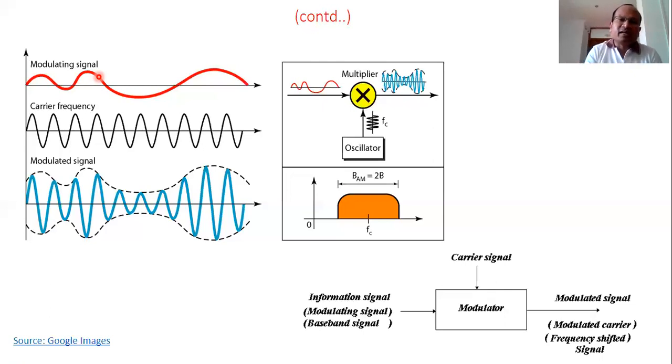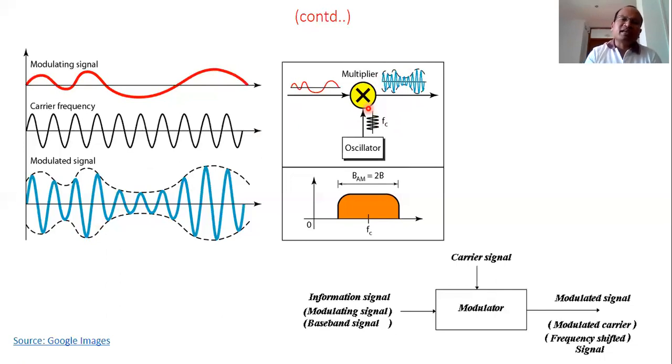If you look at one center diagram, you can find the message signal is coming in, where there is a mixer device, written as multiplier. It's not directly multiplication, but it's a kind of multiplication. There is a symbol for mixing, and the oscillator is generating FC. What is FC? Carrier frequency. And you can see this blue color signal here. The blue color signal is the modulated signal. So this modulator or multiplier is producing the modulated signal.